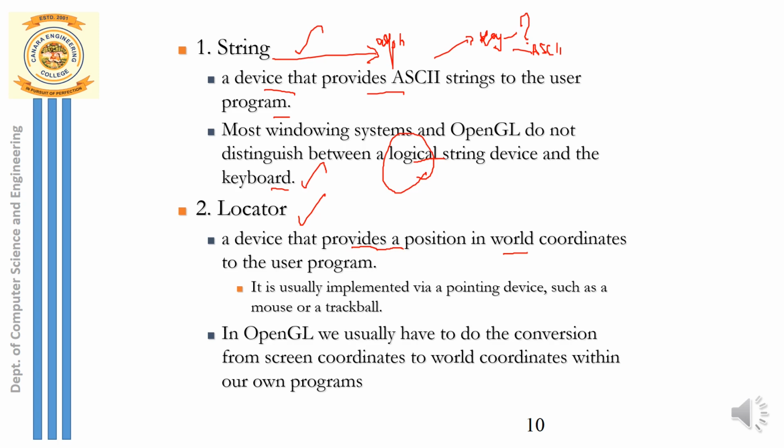But here what is it actually? This is a device which provides a position in world coordinate, and that position is provided to the program, and in the program we convert that world coordinate into screen coordinate, because that object or the image should appear on the display window of my screen. So usually what is that pointing device we make use of? Pointing device provides a position. So usually mouse we take as a pointing device, or we take a trackball as a pointing device. We make use of the same physical device, but what value is it returning for me here? It is only the position in the world coordinate it returns. So in OpenGL we usually convert it into screen coordinates, right?